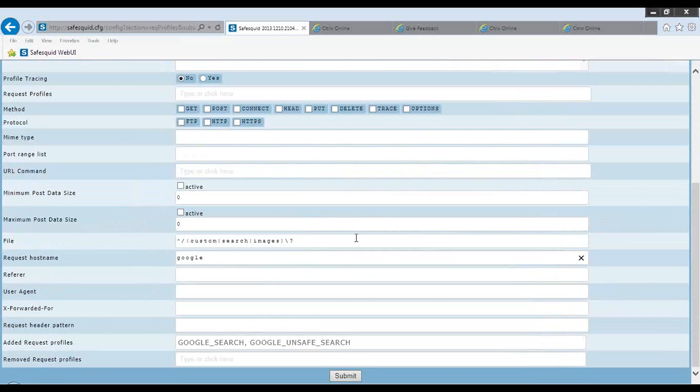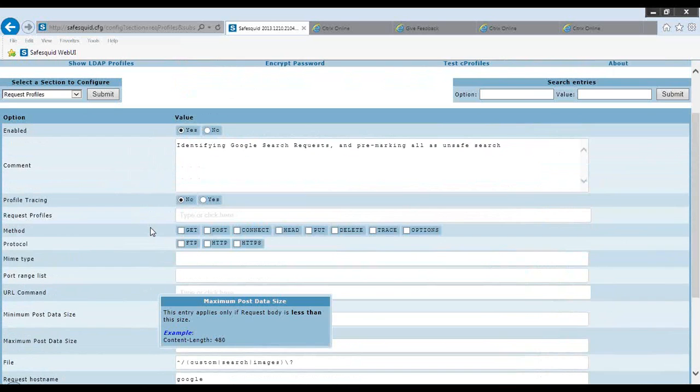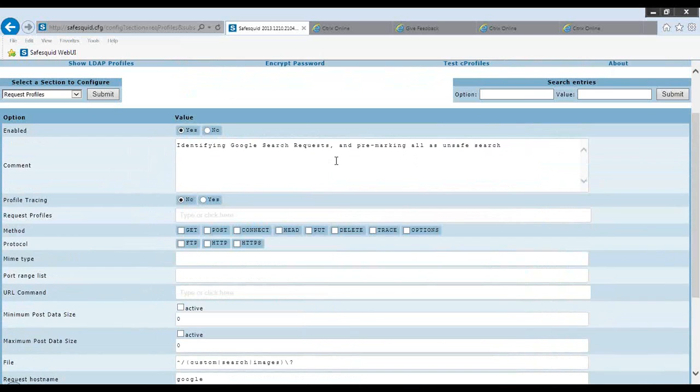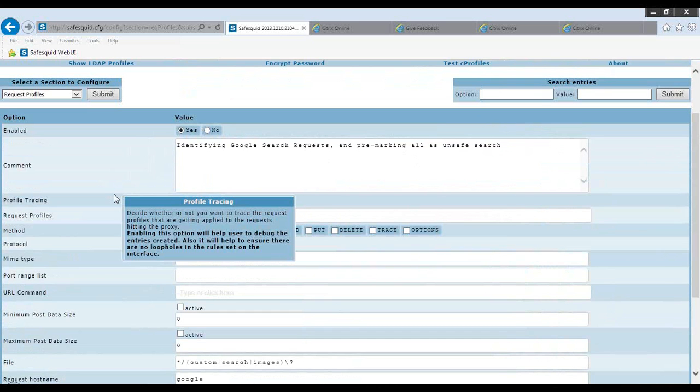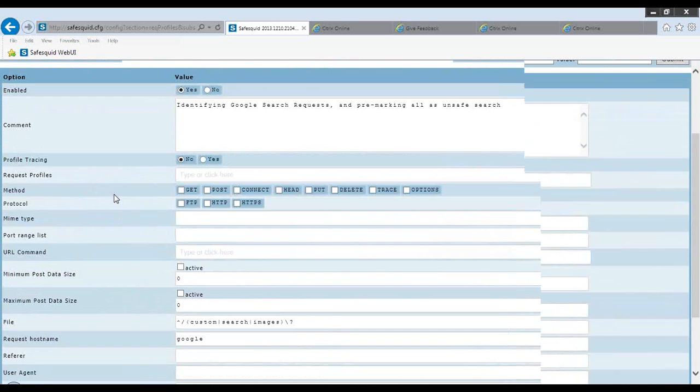So I have just left it as Google here, but I know the URL for all searches is going to be as you see here. And what I do is I just mark them as Google search, and I pre-mark them as Google Unsafe Search. Incidentally, what you see here is a better looking comments text box, which gives me more space to document the policies. So here I've created a request profile